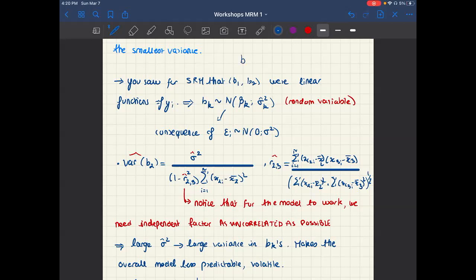What I mean by that is you were able to write BK as the summation of wi yi, where this is some weird expression, but essentially, the BKs are just a function of the dependent variables. But since the dependent variables follow a normal distribution, a linear combination of normally distributed random variables will also follow a normal distribution. So we have that for all k, the BKs follow a normal distribution with mean beta k, and